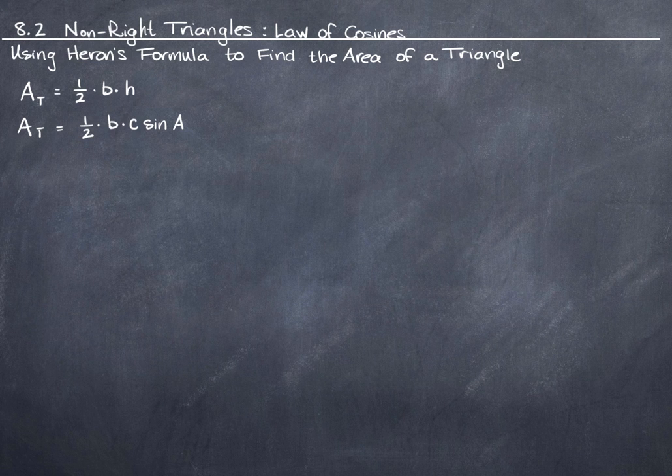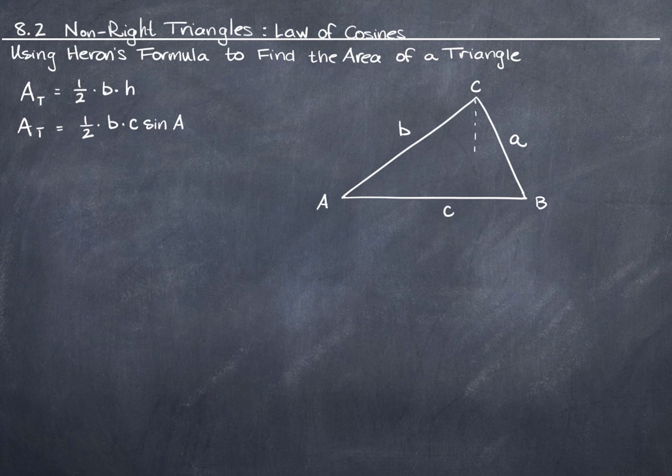I'll start with a generic triangle, and I'll label it the way I like to label my triangles. Angle A is there, angle B is there, and angle C is at the top. That means side a, side b, and side c are here. I'm also going to drop a vertical line down from the top angle, at least it's the top angle in terms of the orientation it's currently in, and I'm going to note that that's a right angle. I'm dropping this vertical so that this line forms a right angle with this one. If I imagine that I've drawn these on a set of axes,